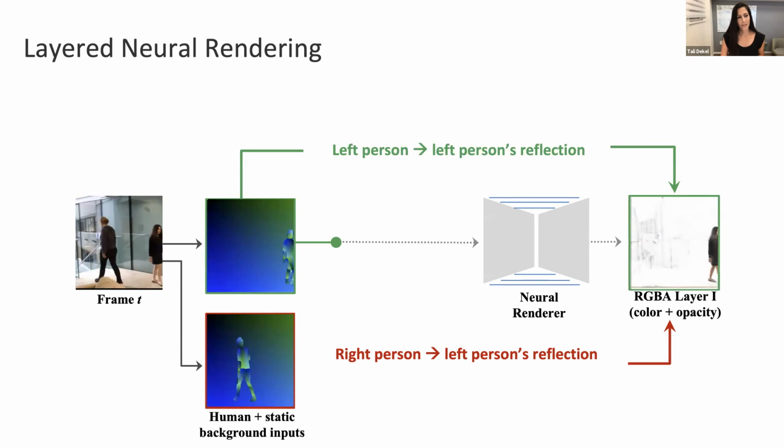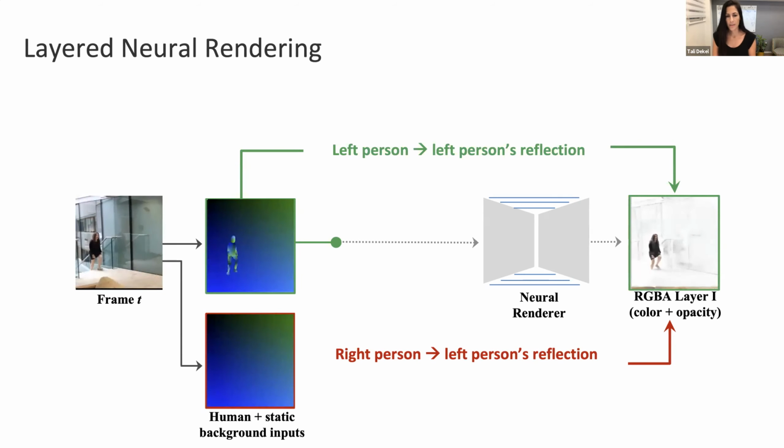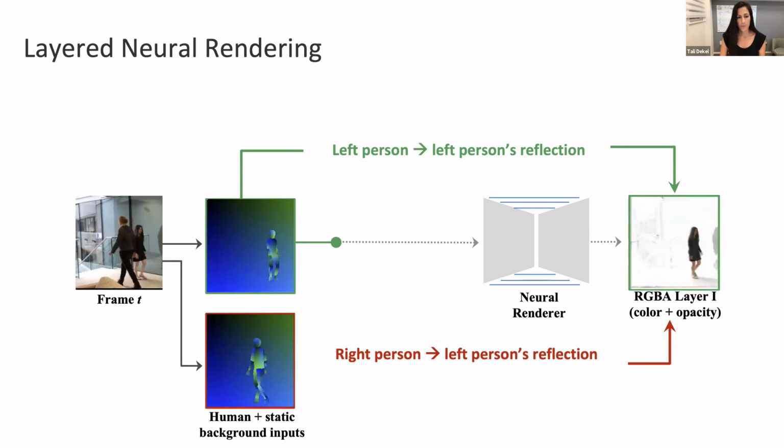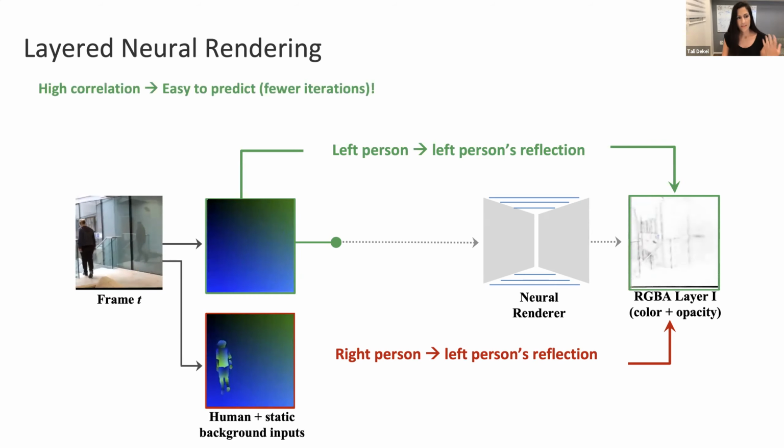By knowing the input of the left person, we know a lot about the left person's reflection. So there is high correlation, and it's an easier task for the network to predict the left person's reflection from the left person's input. On the other hand, the right person doesn't tell us